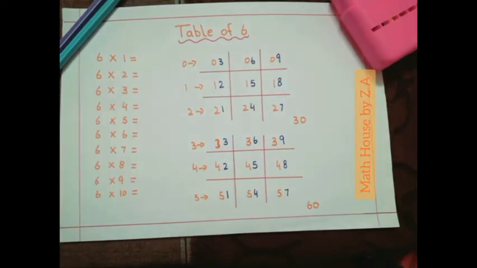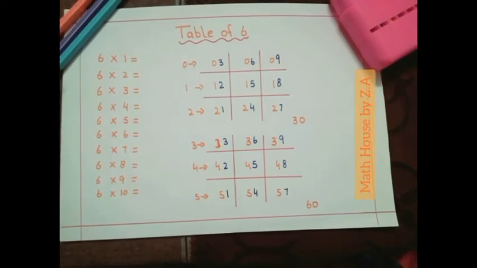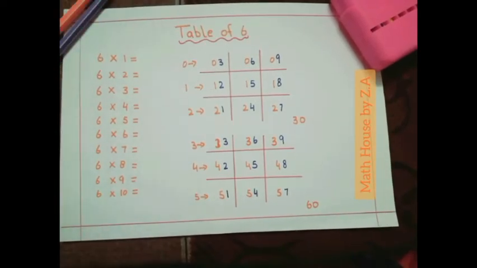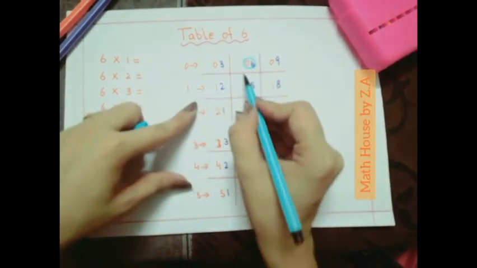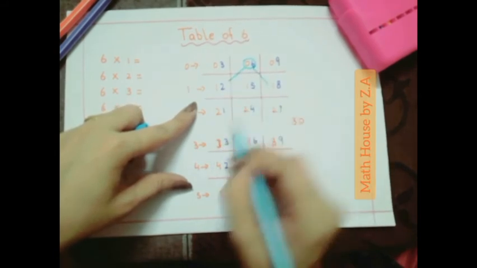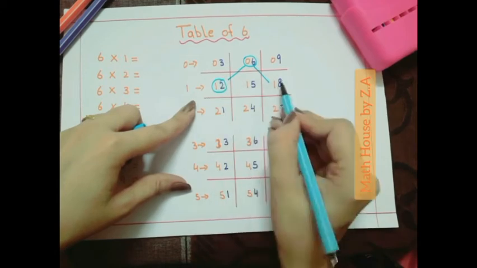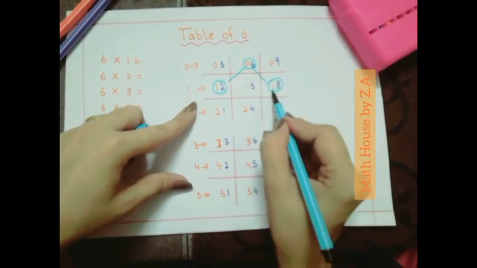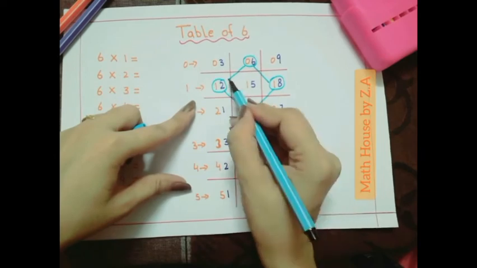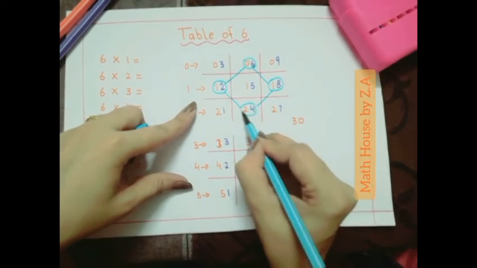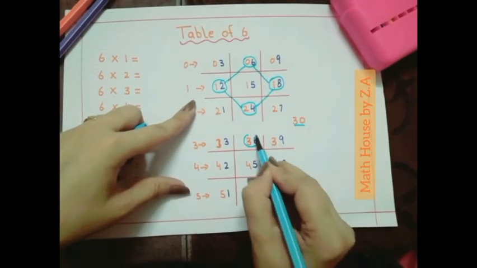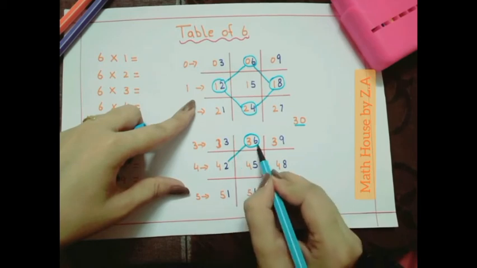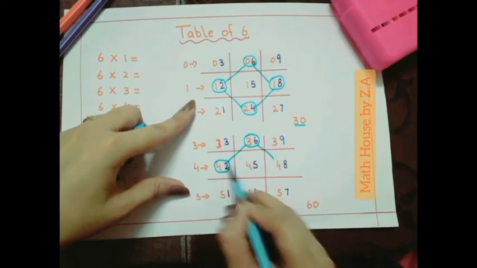Now which of the numbers are part of the table of 6? Let's have a look at which numbers we need to write the table of 6. So we will circle the numbers, circle this 6 and connect it with both numbers 12 and 18. Now connect these two numbers with the 24 and circle the 24. After 24, 30, and then circle the numbers in the same way you circled in the first grid.